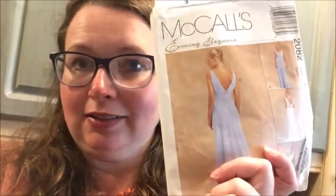So I used a duvet cover I got in a charity shop for £1, which is why it's quite so jazzy, and I used this pattern. It's McCall's Evening Elegance 2082. Now I didn't use the whole skirt pattern from this. I took one panel, because the skirt I think on that is in about 5 or 6 panels, and I used one of the slimmer ones, and I cut it so there were 5 panels at the front and 7 panels at the back, and then put a waistband on it,